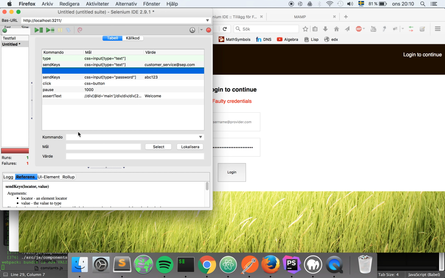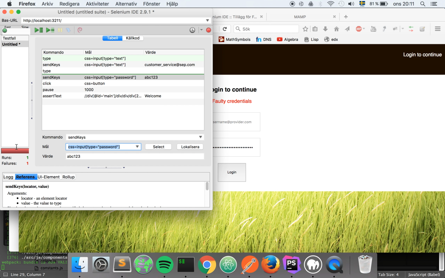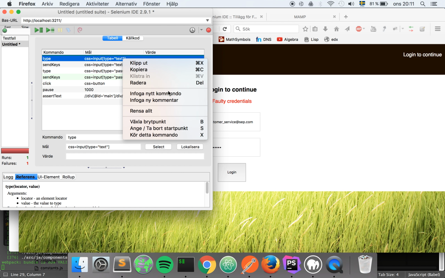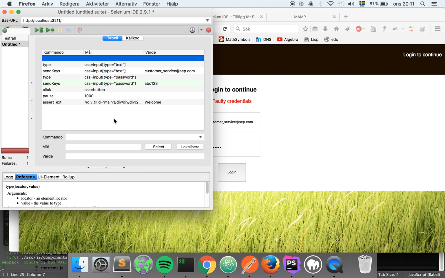And up here, I'm gonna type command, and the target for it will be the password, like this. All right, so let's double click every command, making sure that it's working. You can see it clears and fills and clears and fills. And I suggest you insert a